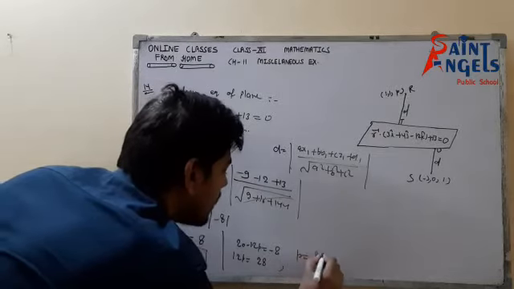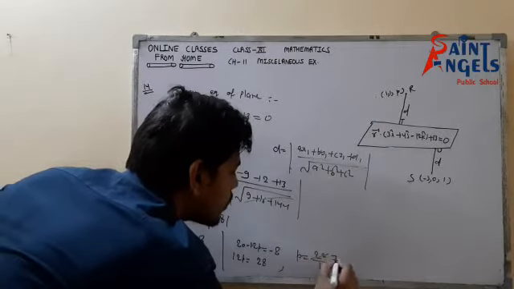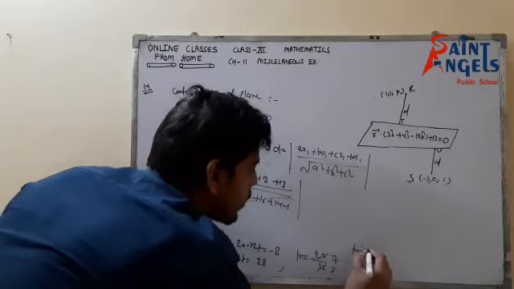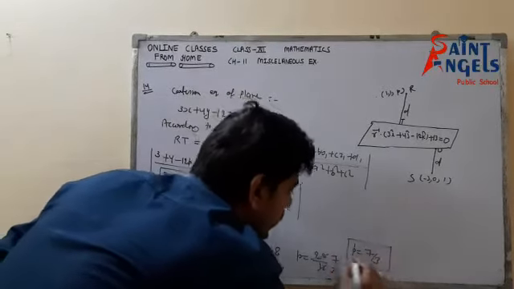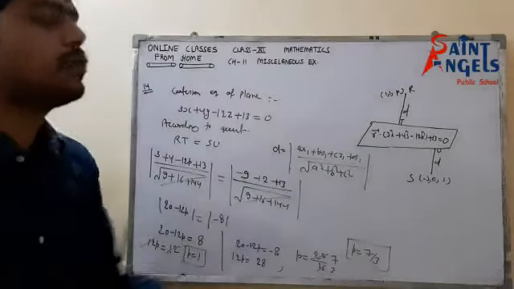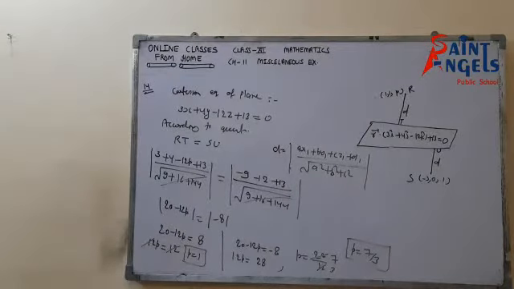So p would be 28 by 12. So 4 7 is 28, so p equals to 7 by 3. So we have two possibilities of p. It could be 1 or it could be 7 by 3. I hope it's clear. So please pause the video and note it down.